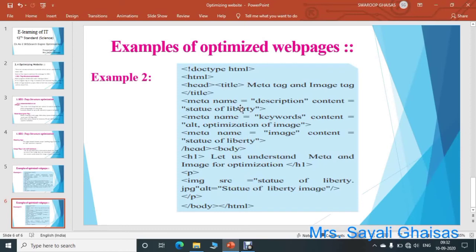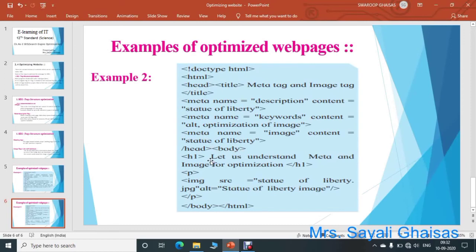The meta tag contains name equal to description and content is Statue of Liberty. Then meta name equal to keywords, content ALT, optimization of image. Again meta name equal to image and content is Statue of Liberty. Then close the head tag and then open the body tag.